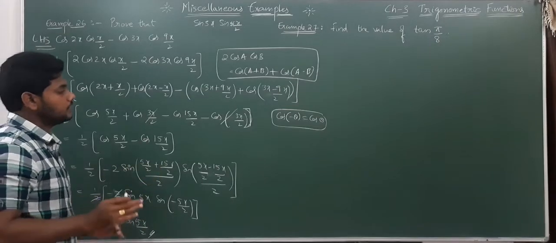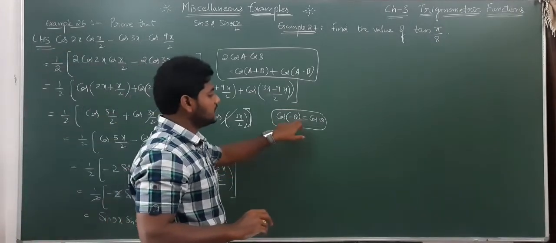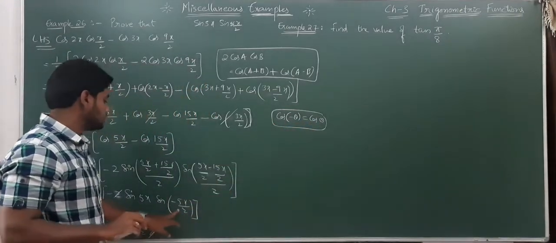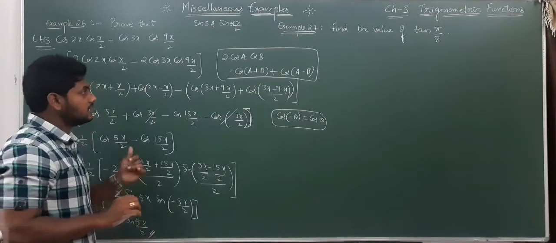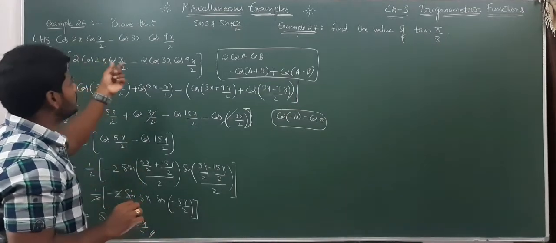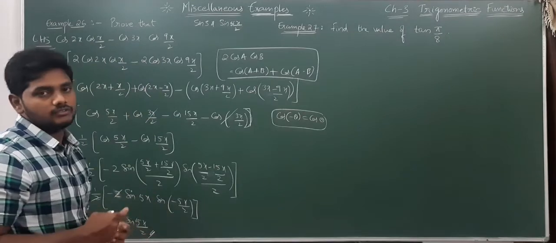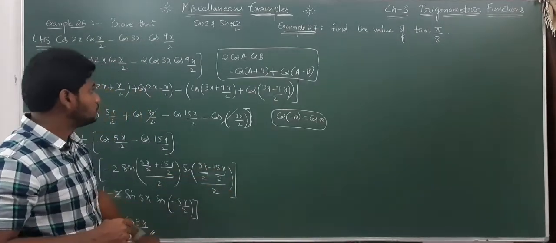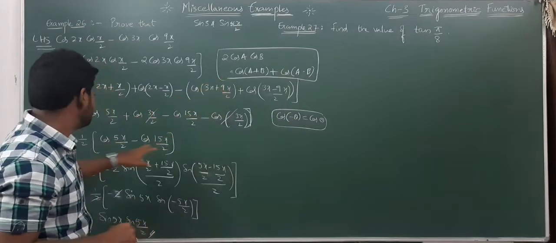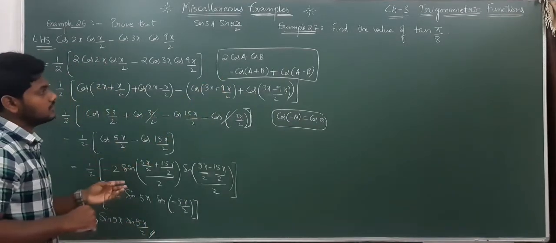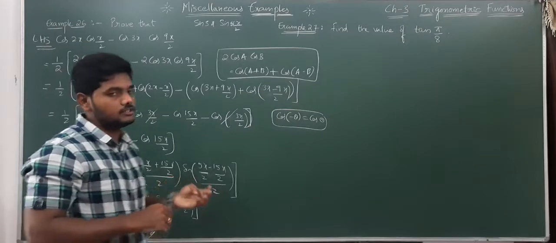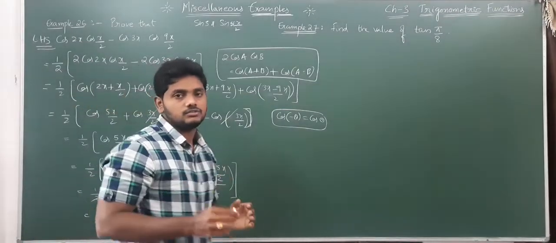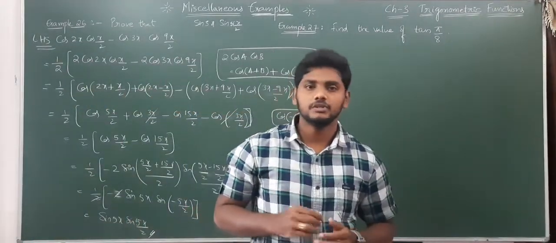But in this problem, you need to remember cos of minus theta equal to cos theta, sin of minus theta equal to minus sin theta. See, here I have observed that in only one problem we need to use so many formulas. So this is 1, this is another one 2, this is another one 3, and this is another one 4. See, in one problem at least we need to use 4 formulas, right? So that many important formulas will be there.